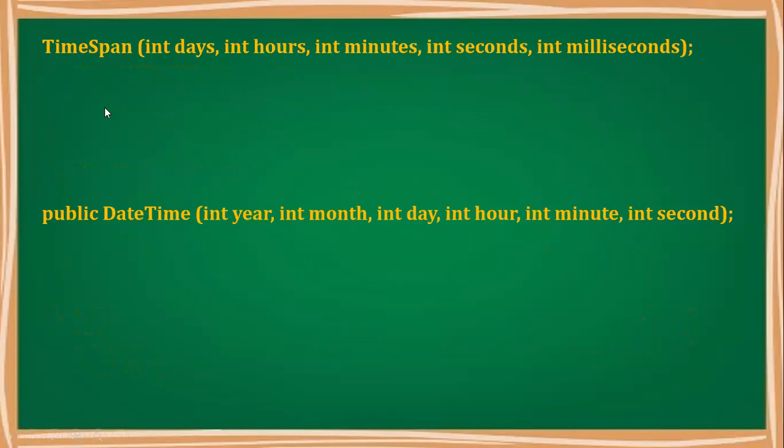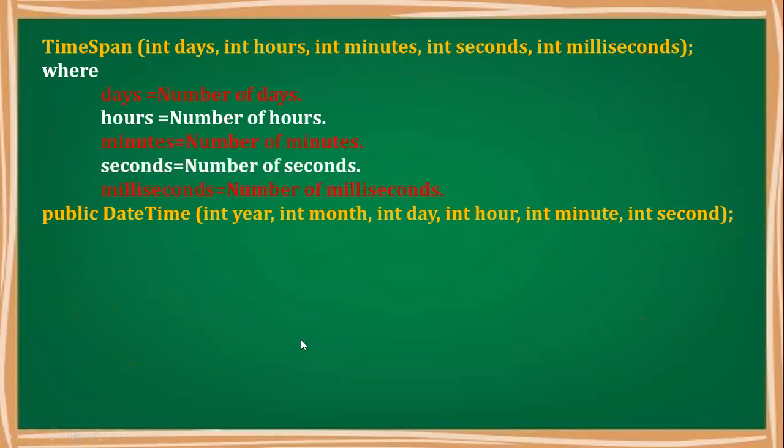So the proper constructor of TimeSpan takes multiple parameters. The first one is an integer that represents the days. Next is an integer again that represents the hours of the day. Next is an integer in minutes. Next is an integer in seconds. And next is an integer that will represent the milliseconds of the time span. So obviously, days is the number of days, hours the number of hours, minutes the number of minutes, seconds the number of seconds, and milliseconds.